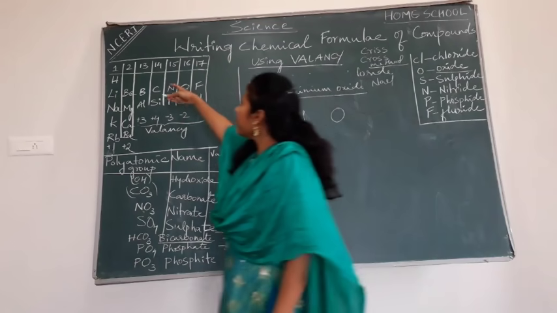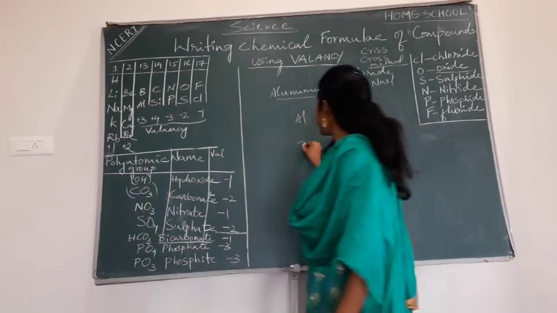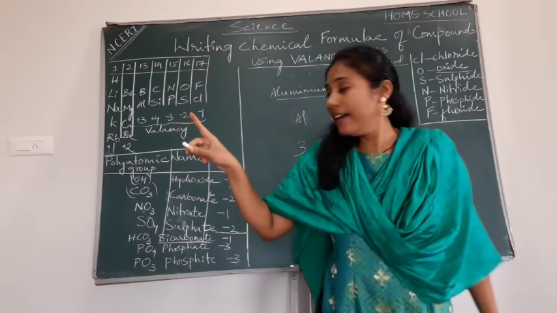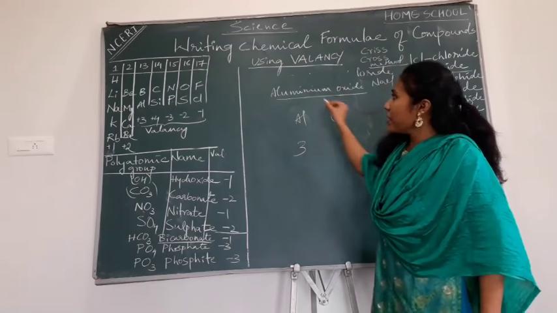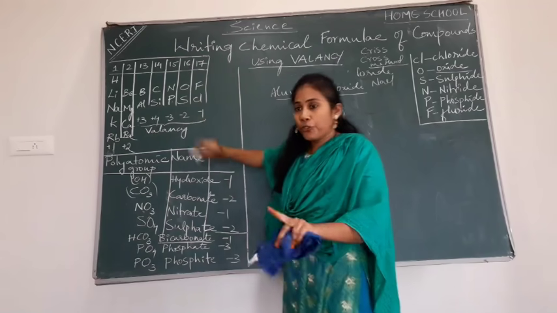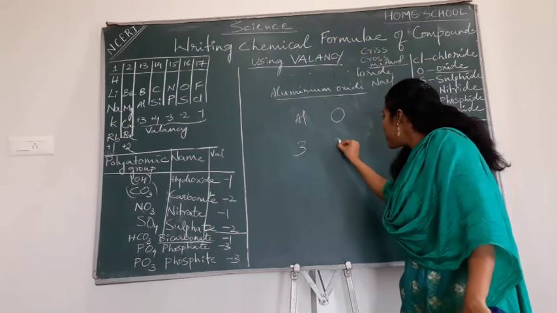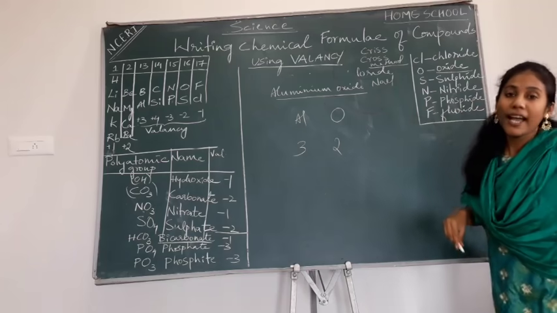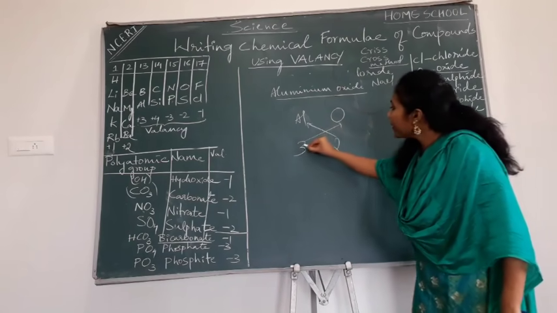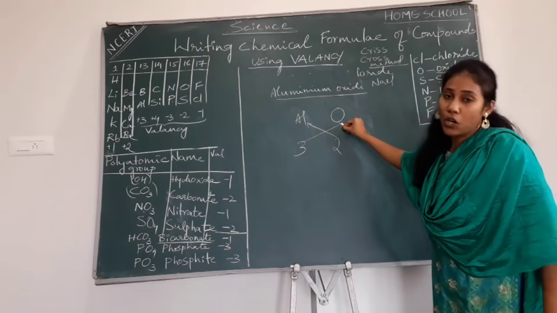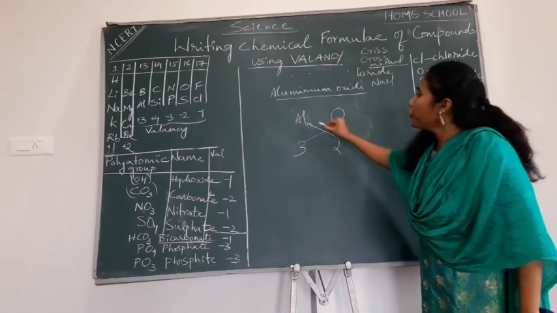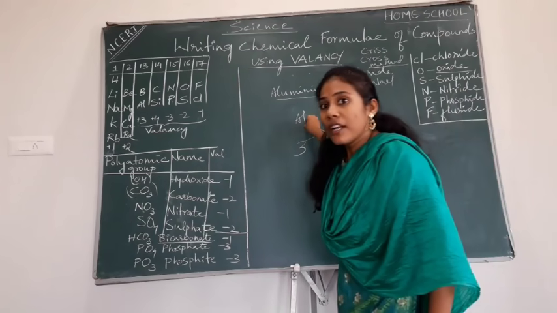Okay, now mention their valencies guys. Al is coming in 13th group elements, valency is 3. I told you to consider only the digit, no sign. Okay, fine. And oxygen is coming in a group 16. So what is its valency? -2. No need of taking a sign. So just 2 you mention. Okay, so now what will you do? Crisscross you are doing. 3 you are writing here below oxygen. That means as a subscript for oxygen. And this 2 you are writing as a subscript for aluminium.